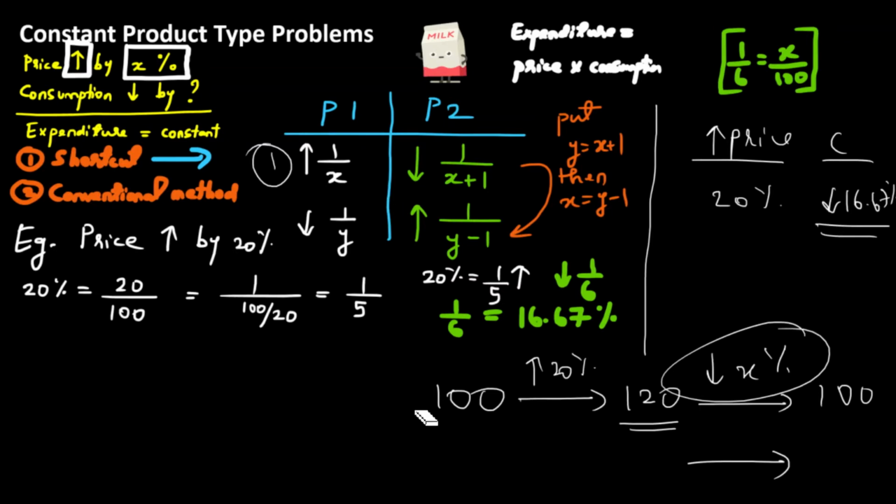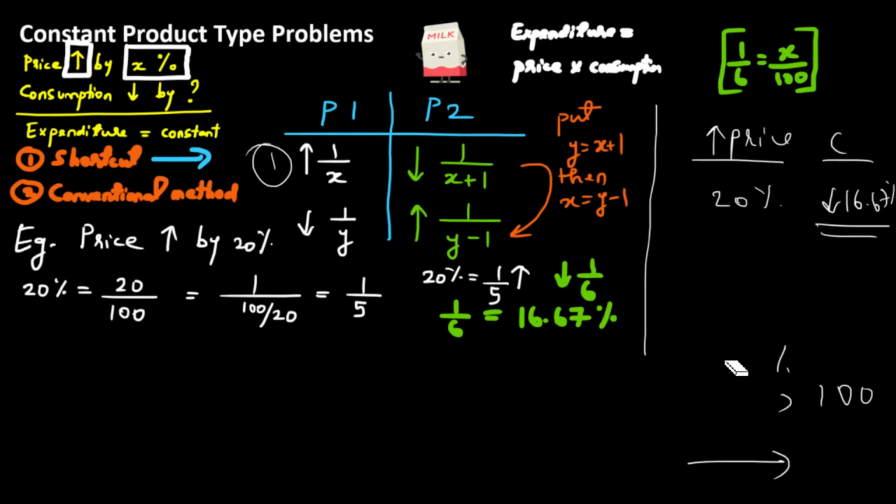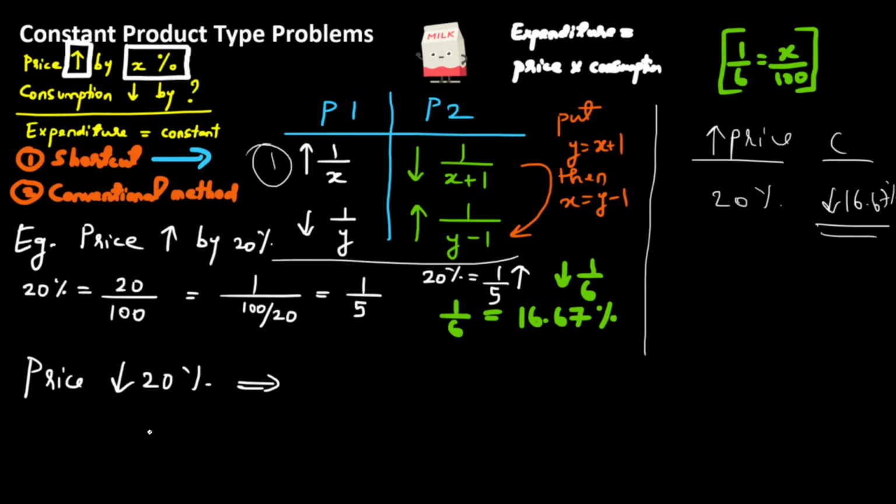Now let's get back, and we have seen the case where the price increased, and I've also mentioned that it's the same as decrease, but just for thorough understanding, let's take an example where the price dropped by 20%. So then that means that you can increase the consumption, right? Now let's use this method over here first. So 20%, we have seen that it's 1 by 5. Now if there is a decrease in 1 by 5, you need to have an increase of 1 by 4, right? So over here, remember, wherever is the decrease, the denominator will be the highest. So because there is an increase and I have 5 over here, I have to put a lower denominator. So that's 5 minus 1, which is 4.